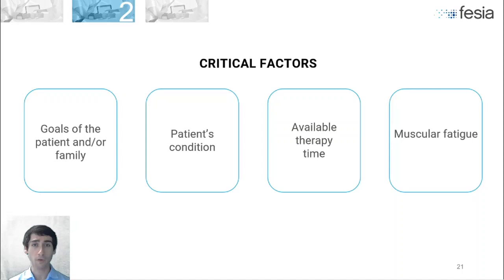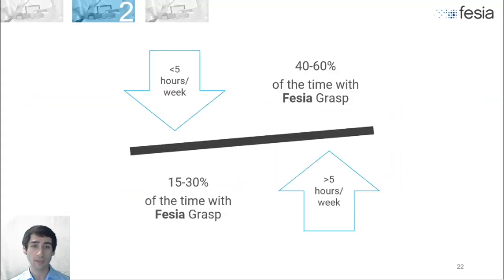And the fourth one, and probably one of the most important ones, is the muscular fatigue. If we start using the device for a lot of time from the beginning, the muscular fatigue is going to appear too fast, and then after the session, the patient is not going to be able to voluntarily contract the muscles to perform the functional actions that must be done in the activities of daily living. Therefore, it is important to manage this muscular fatigue in the therapy sessions, and that's why we recommend this diagram,